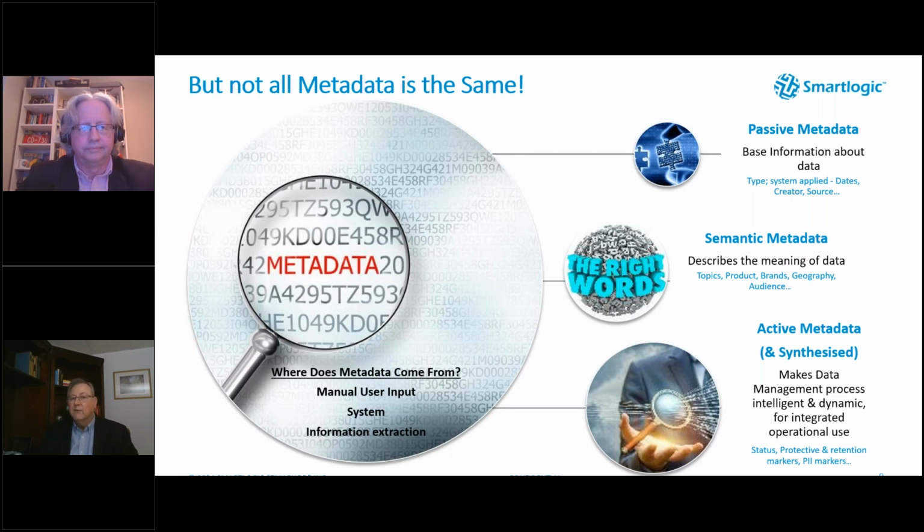passive metadata. That's the metadata that I think we're all used to and comfortable with, and think about when we talk about metadata management efforts. It's all about the dates, the field names, the format, who put it there, etc. And that's an important foundational effort in most enterprises, and what typically gets attacked by data initiatives as they're starting up. But unfortunately, in many cases, it never gets beyond that, because let's face it, it's hard